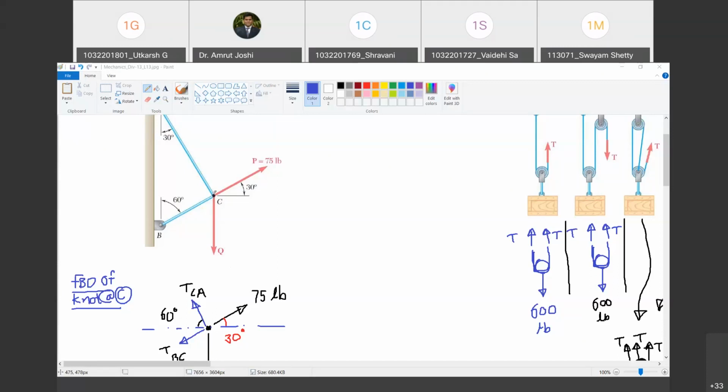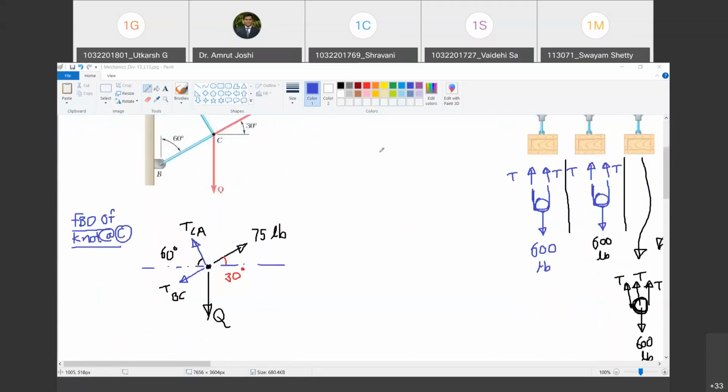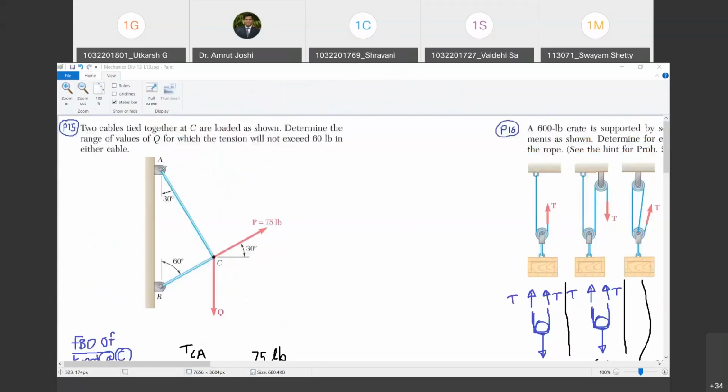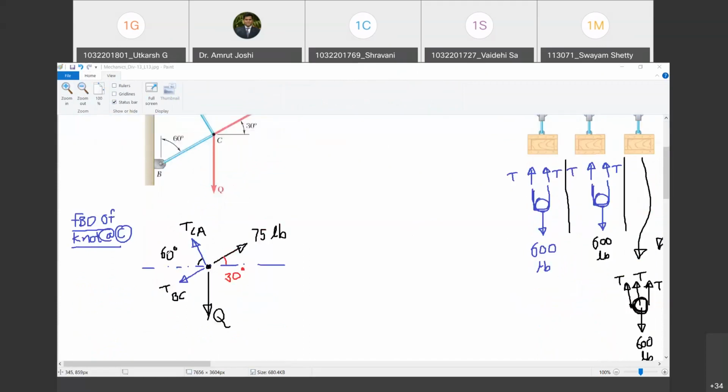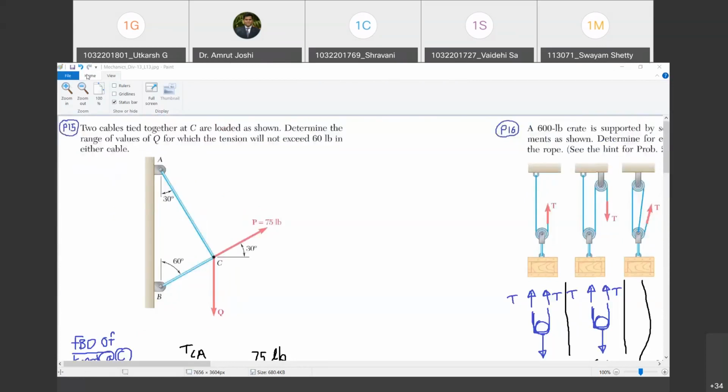Yes, sir. So I must show a pulling force along AC and a pulling force along CB, which will be equal to tension in cable AC and tension in cable BC respectively. Agreed? Yes, sir. So what I have shown is TCA. Now CA makes an angle of 30 degree with vertical, so it must make an angle of 60 degree with horizontal. Happy? Yes. And then TBC. BC makes an angle of 60 degree with vertical, so it will make an angle of 30 degree with horizontal. Happy? Are you with me? Yes, sir.